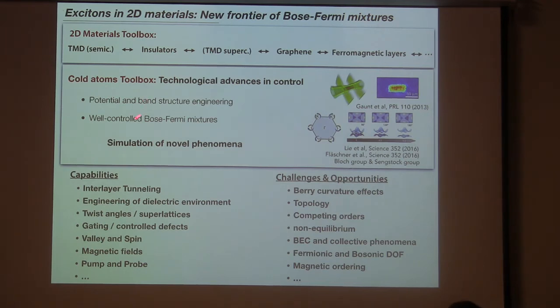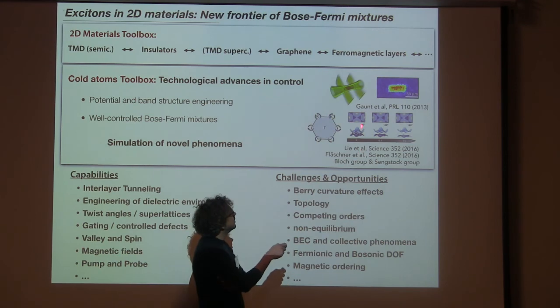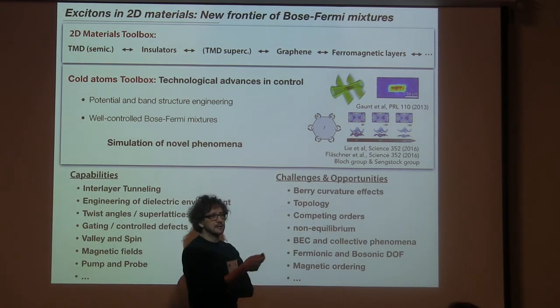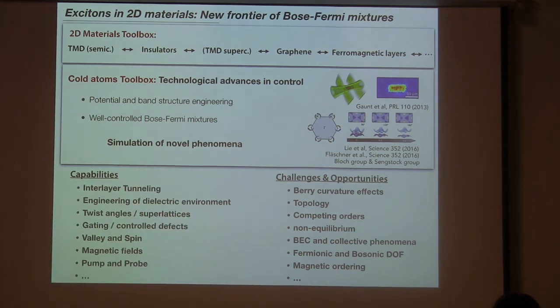to do band structure engineering, which was shown, for instance, by the Zenstock group, where we go from a graphene band structure, open up a bandgap and get exactly this TMD band structure, and we can study the system. And we can have what Thierry wanted so much yesterday, for instance, box potentials. And this we also have now.